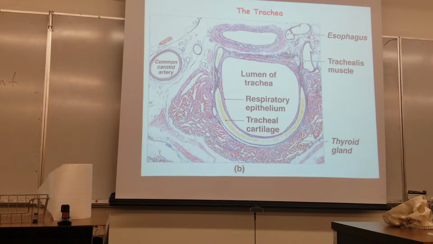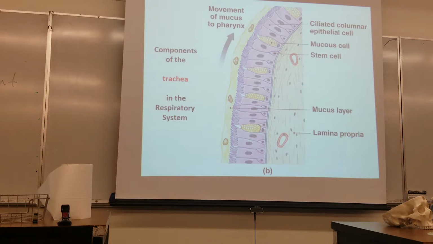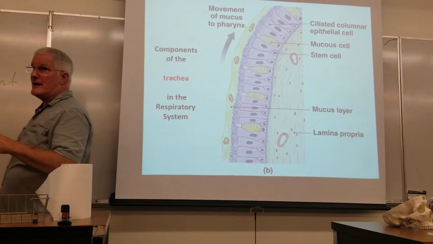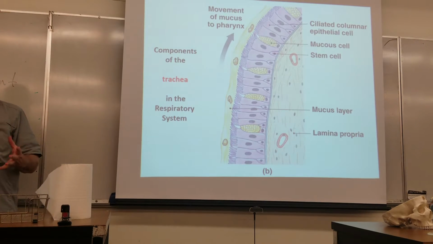Ooh, you have a common carotid right there. And if you remember, it's parallel to the trachea. That's nice, John. Okay. Now, this is about ciliated tissues, not so much about columnar or pseudostratified, because no